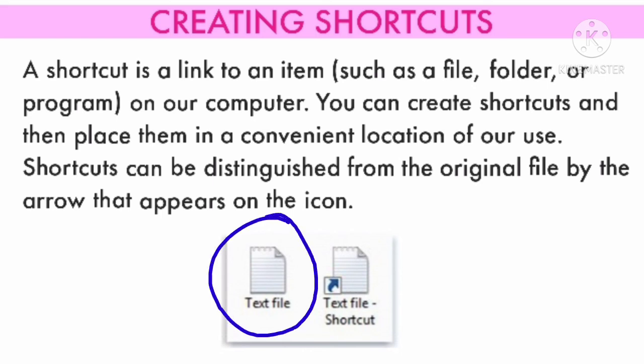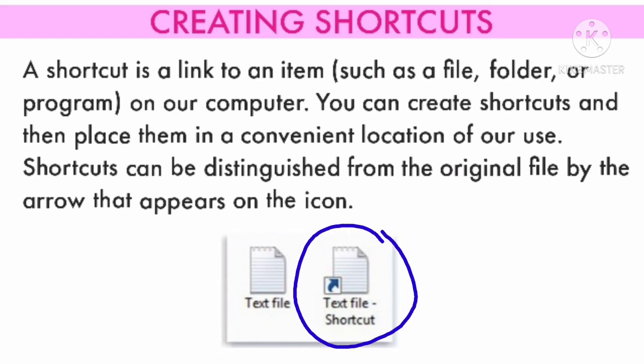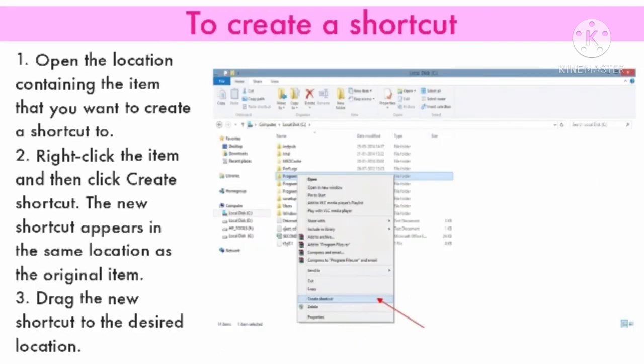This is the main file and this is the shortcut of that file. To create a shortcut, open the location containing the item that you want to create a shortcut to. Right click the item and then click Create shortcut. The new shortcut appears in the same location as the original item. Drag the new shortcut to the desired location. Create shortcut option is here.